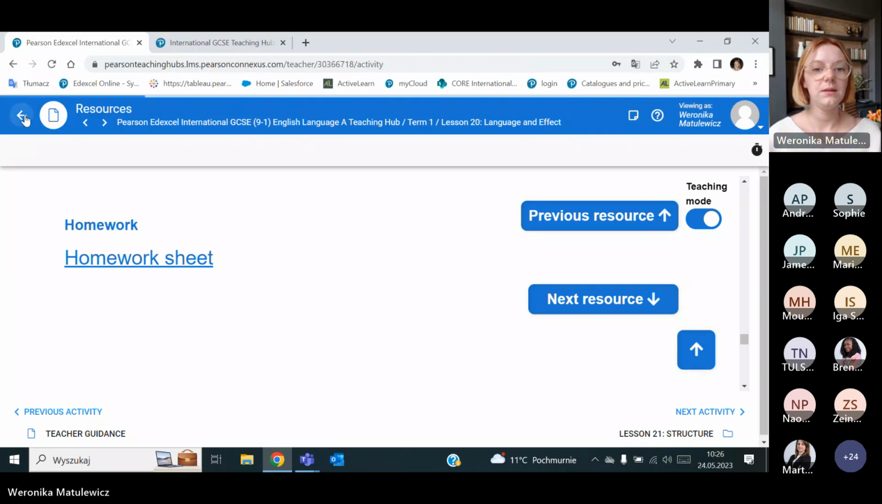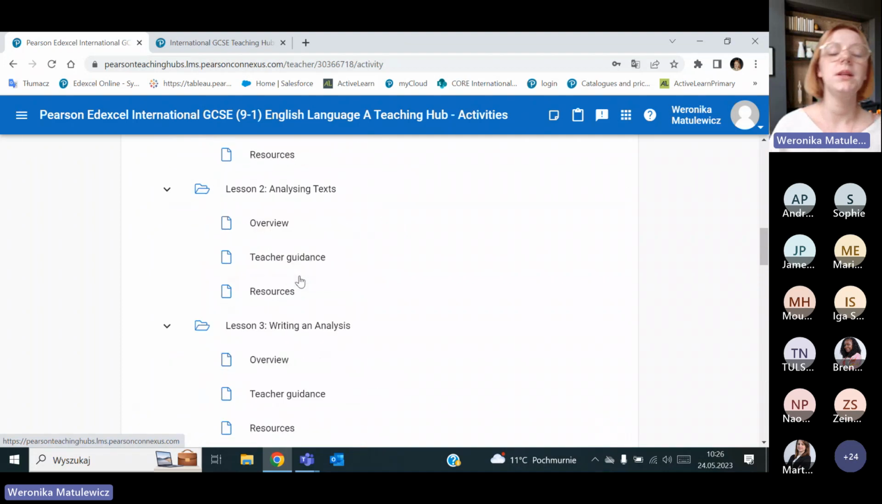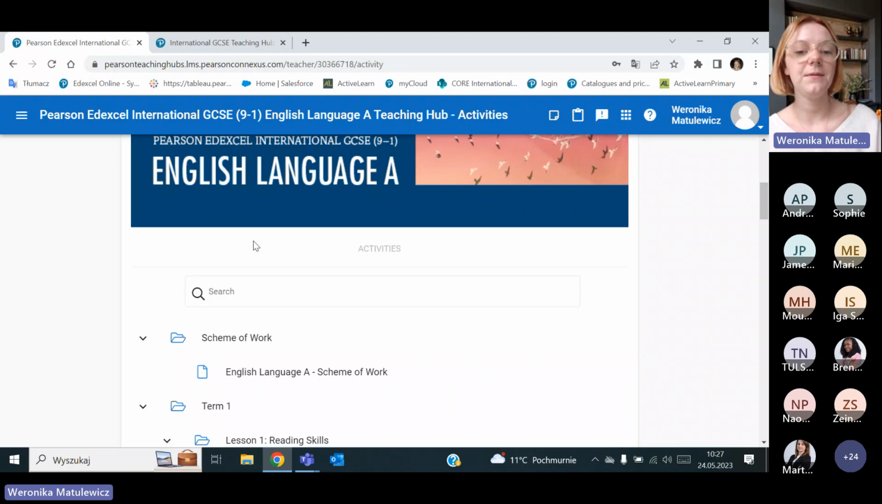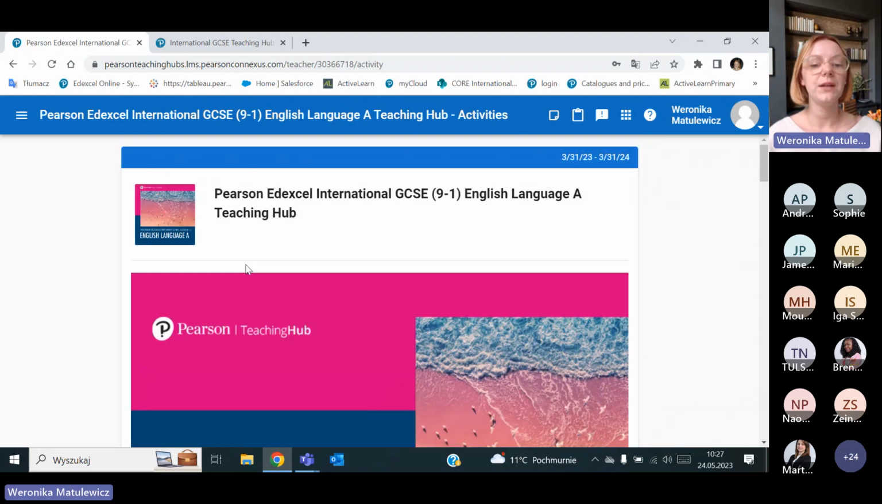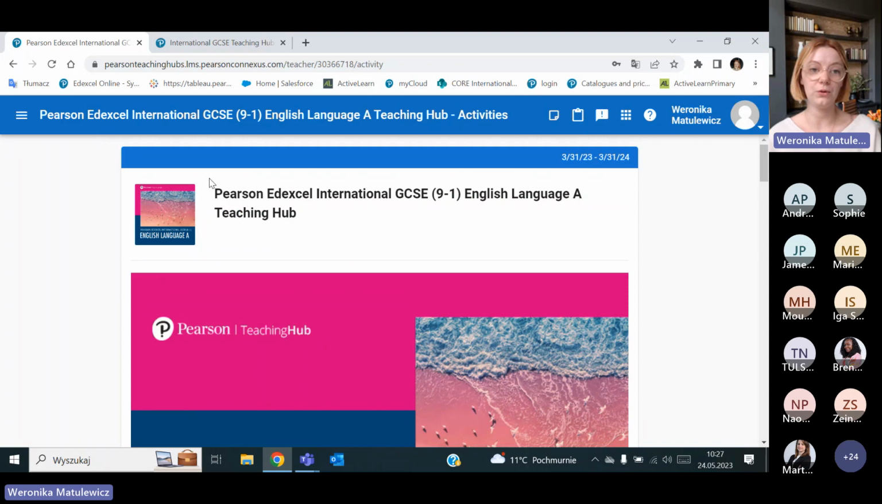So I've shown you the 2 lessons and the scheme of work. I believe you've seen everything now. I've tried to show you everything in depth, but if you are interested in having a look on your own,